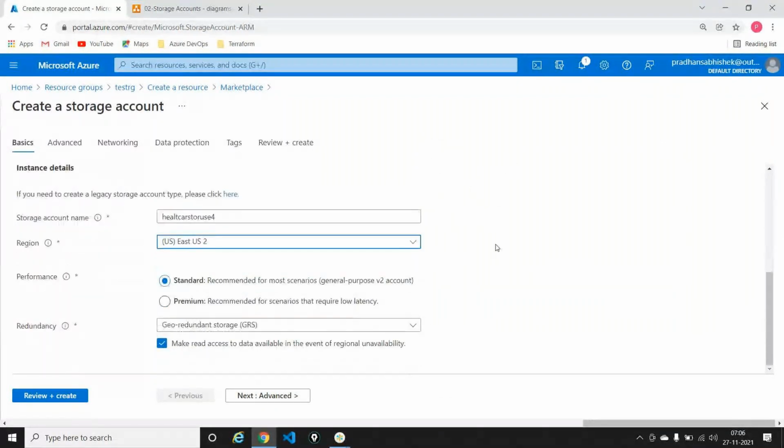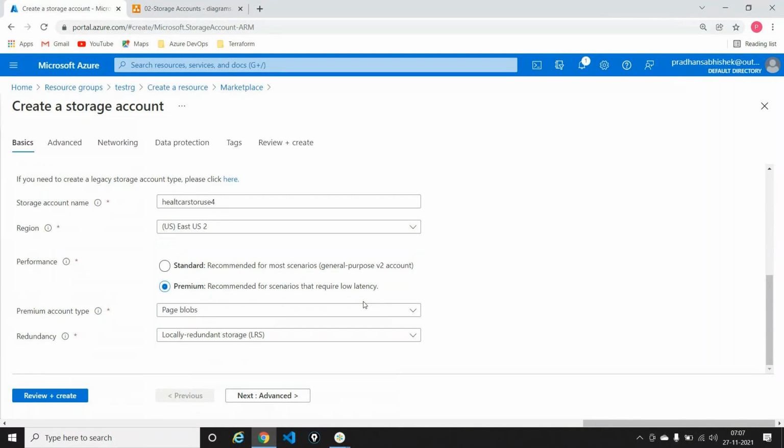I'm taking the performance tier as standard. Even in a real-time environment, guys, we normally go for the standard tier. You may ask, premium offers something like an SSD, so why don't you go for it? The performance difference is very low. You won't even recognize that there is a difference or latency when you go for standard. But the main reason for not going for premium, if I select premium here,